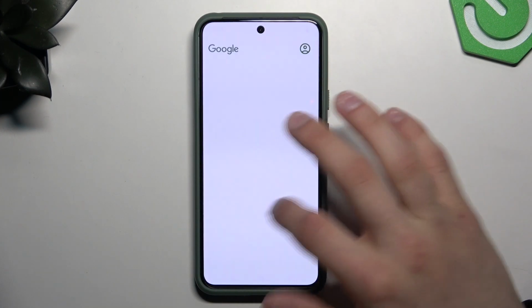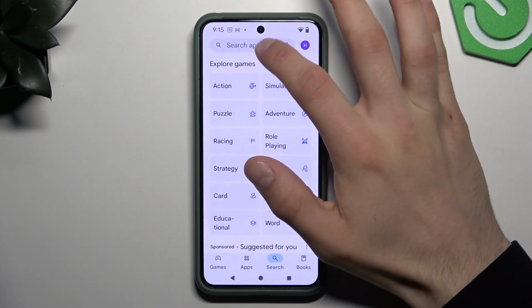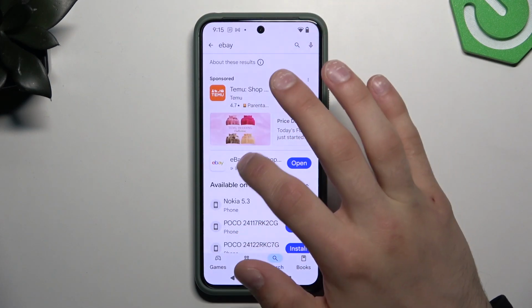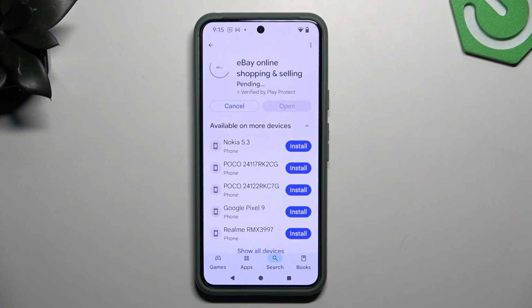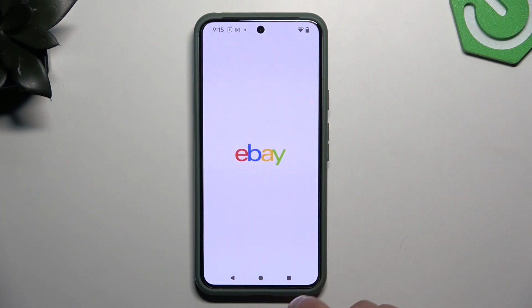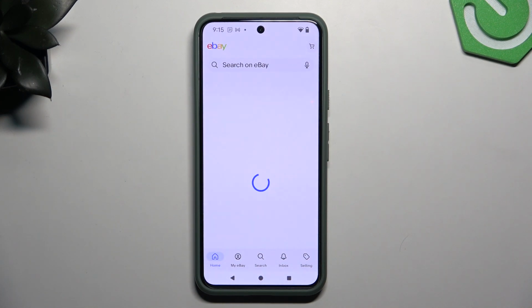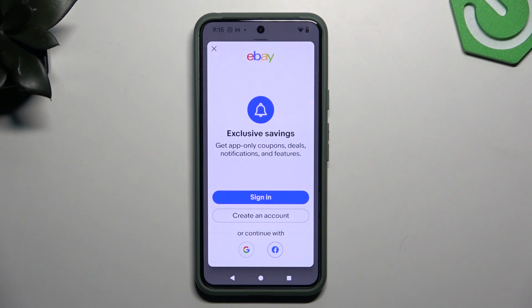Let's go to the Play Store, eBay, go here, uninstall, and install it again. Okay, we have reinstalled the application, and even if this didn't help you, try to see if it's not just you,